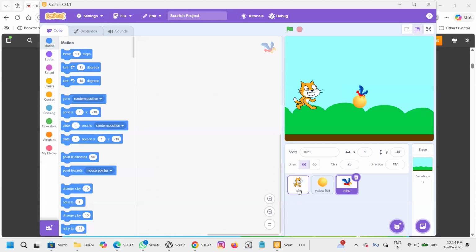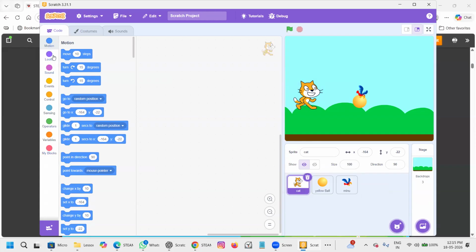So we'll move the first one, the cat. So whenever I want to use the cat, I must click on the cat. If I want to use the ball, the yellow ball, I must click on the ball. If I want to use the parrot, I have to click on the parrot. So whichever I want, I must click that first. Otherwise, it will not work. Okay. So I want to move the cat. So to move the cat, I must go to the instructions. And instructions are over here on the left-hand side. Okay. There are many instructions.